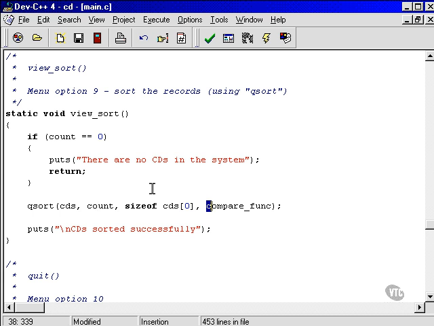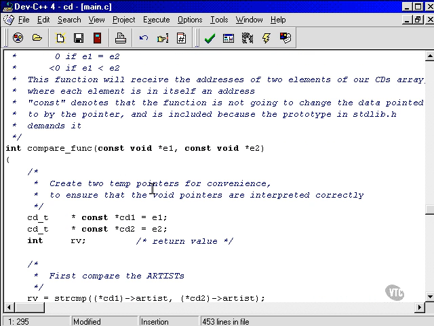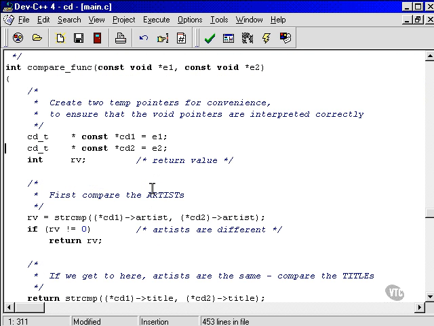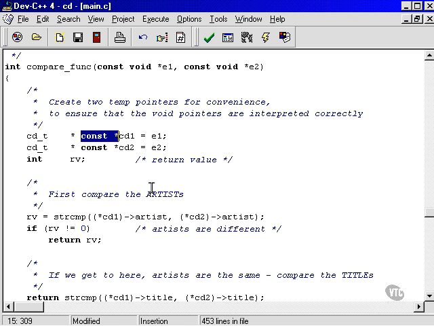So I've just got here something called comparefunc. Let's have a look at comparefunc. Comparefunc, it takes two void parameters. There they are, and they're consts as well. I know that's a bit ugly, but I'll put a little bit of a comment up here to describe why that is. And I declare two temp pointers. Now that's an even uglier piece of code. If I got rid of the word const there,